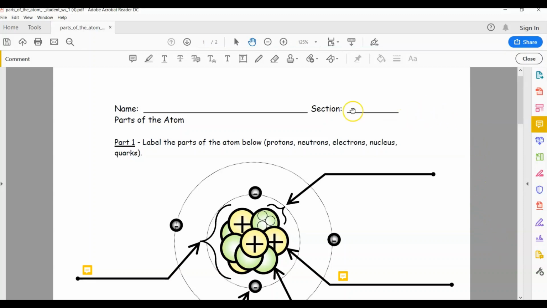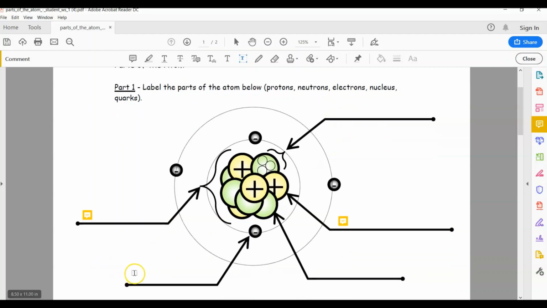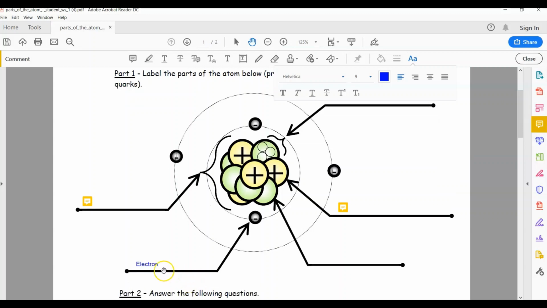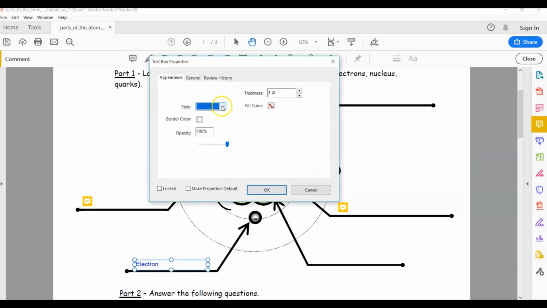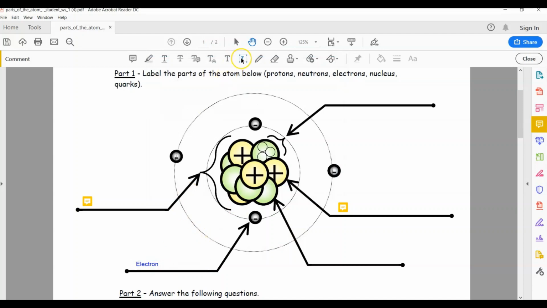You also have the option to add a text box. So I can click on the text box, drag where I want, and I can type. You can format your text box by hovering over, right-clicking, and clicking on Properties. Here you can decide what color you want the border, what color you want the outline, and then you can click here to make that your default. So I'm going to leave my default like that. Then anytime I want to click a text box, I just click,